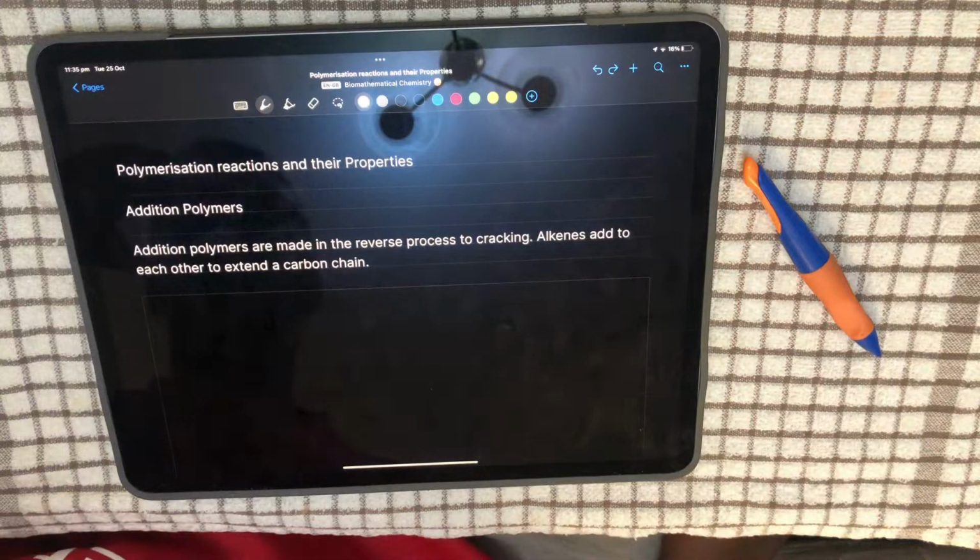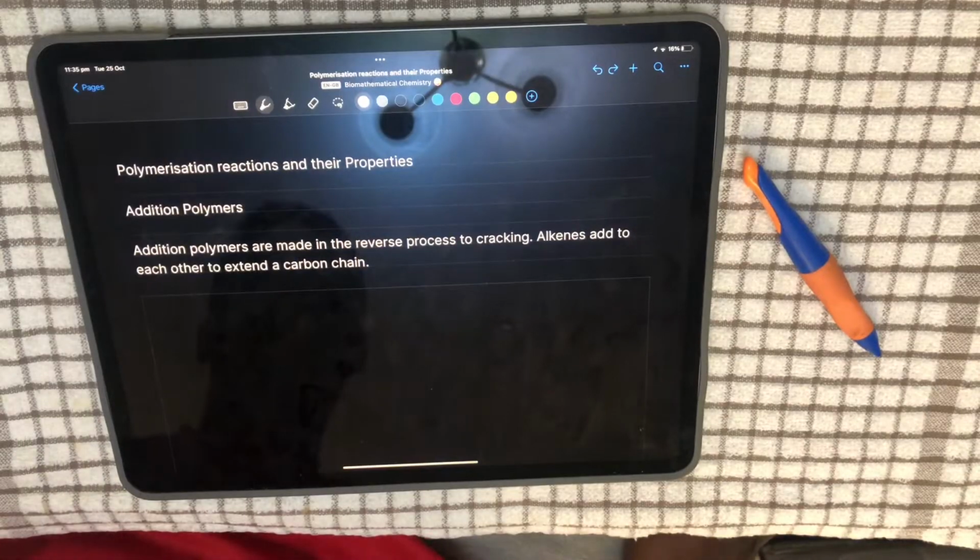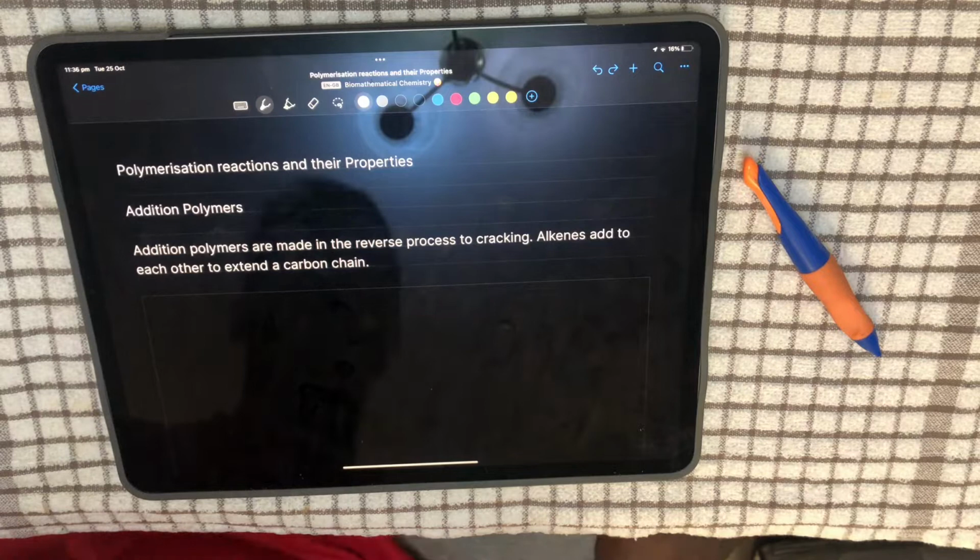Welcome to AQA AS Chemistry, and today we're going to be doing a video on polymerization reactions and their properties. So first of all, there are two types of polymers: addition polymers and condensation polymers. Addition polymers are made in the reverse process to cracking, where alkenes add to each other to extend the carbon chain. So with polymers, you have an initial monomer group, and what polymers really are